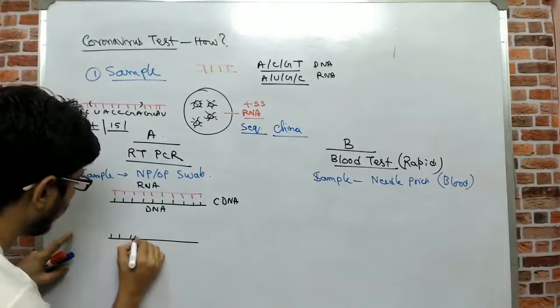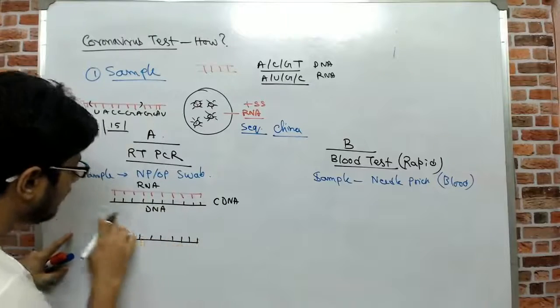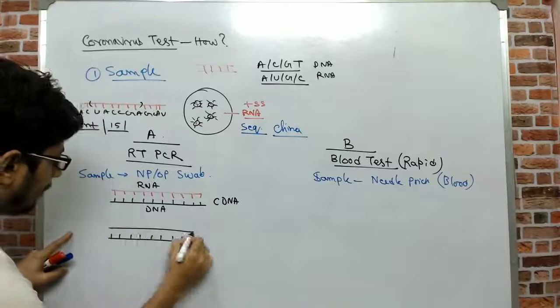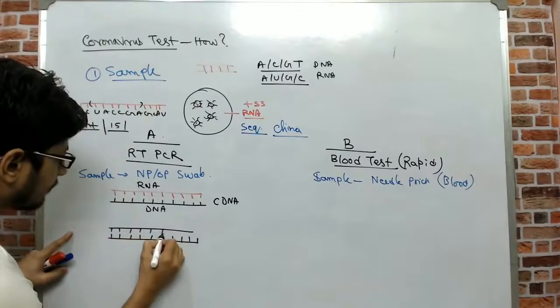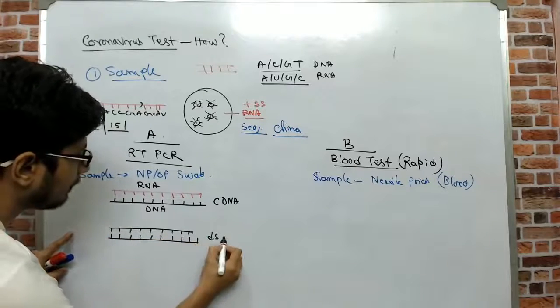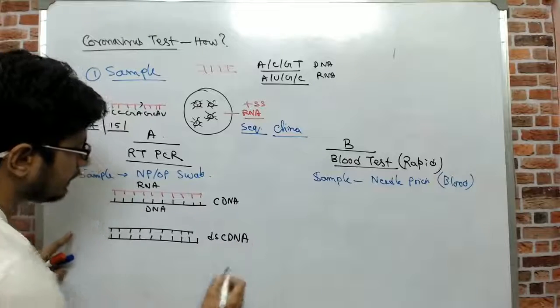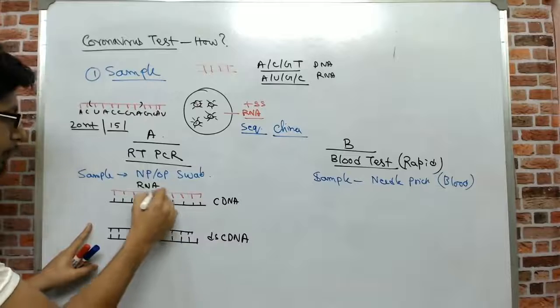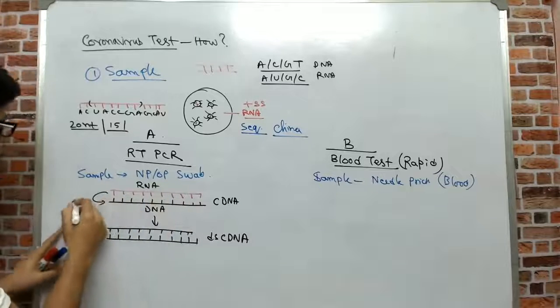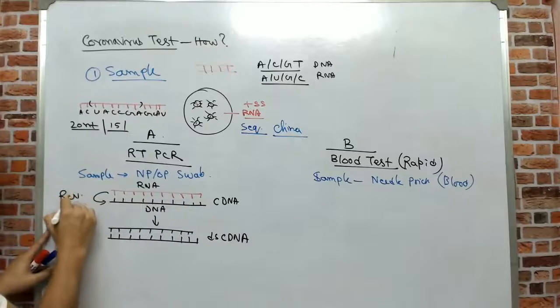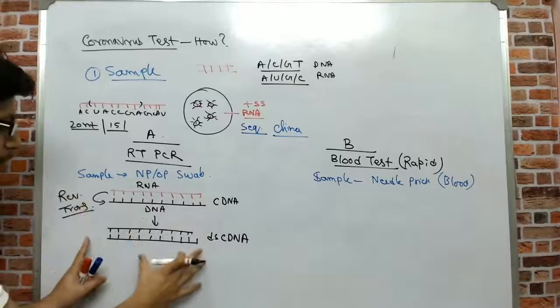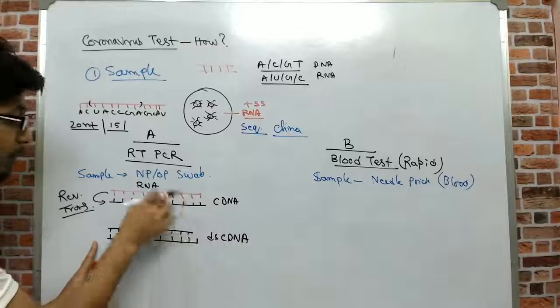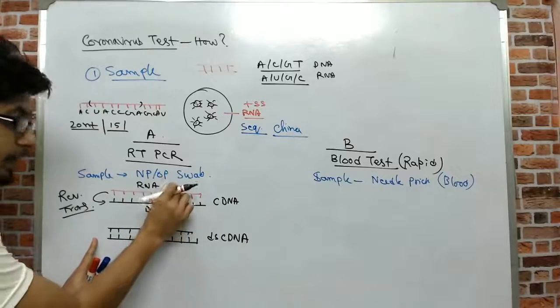It's something like Xeroxing things, right? Now you use this DNA as a template and we make a copy using this DNA. This will be known as double-stranded complementary DNA. So once this DNA is produced from this, from an RNA, a DNA is produced. For that we need the reverse transcriptase enzyme. And once that is done, we have a double-stranded DNA from that RNA. Remember, this DNA is produced from that RNA.